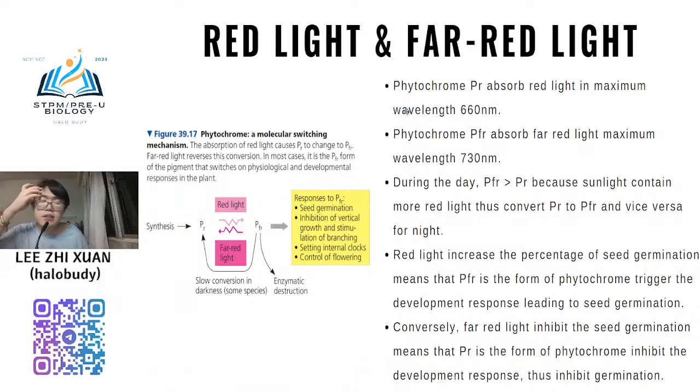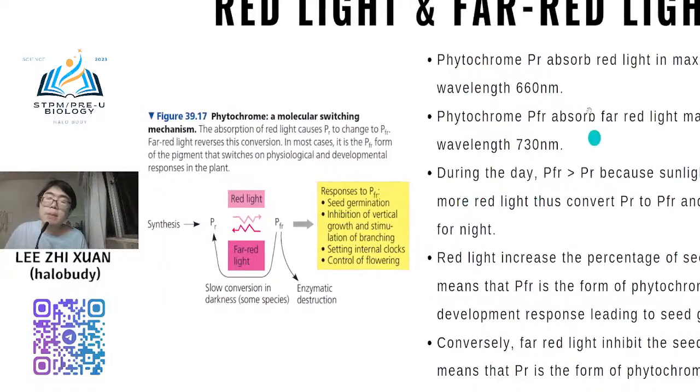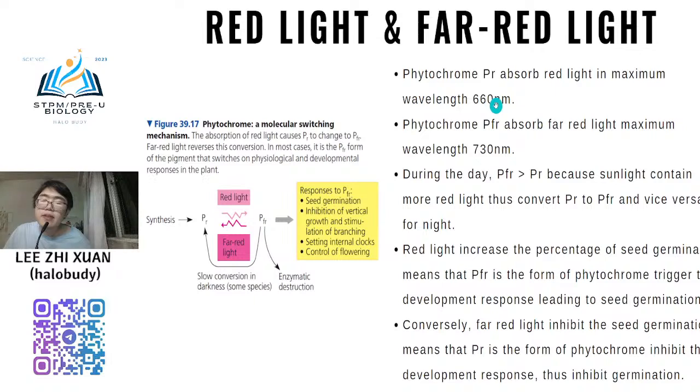So I need to explain the mechanism between the red light and far red light of the phytochrome lah. So you see this diagram, you see that PR is red light absorbing and PFR is far red light absorbing. Normally PR absorbs red light at a maximum wavelength of 660,